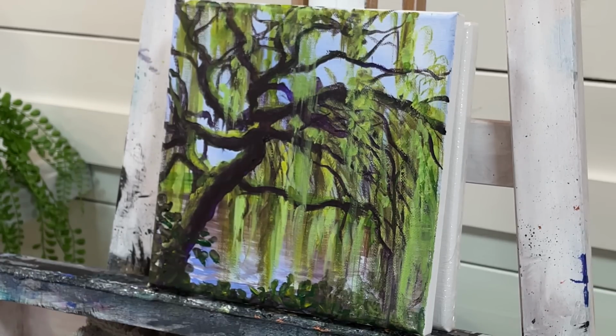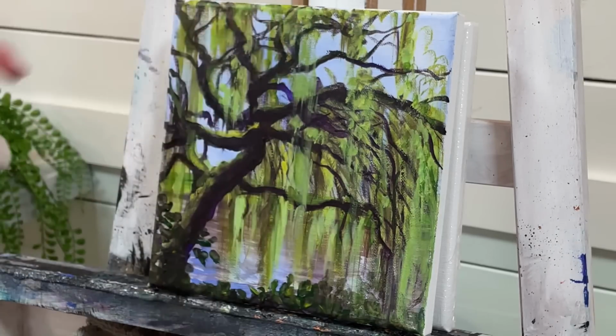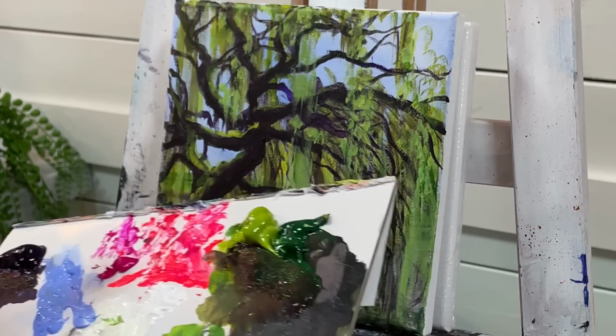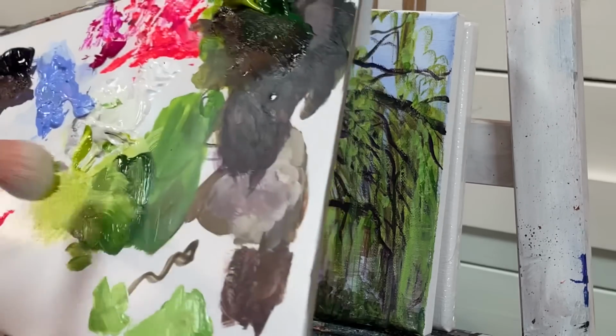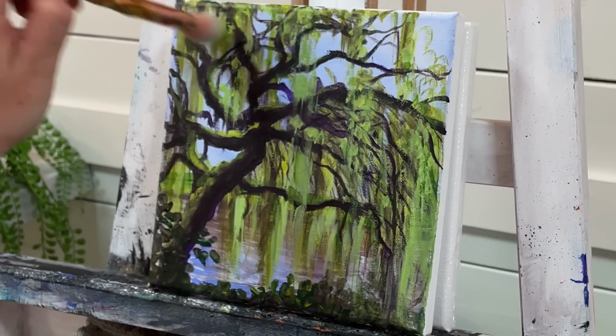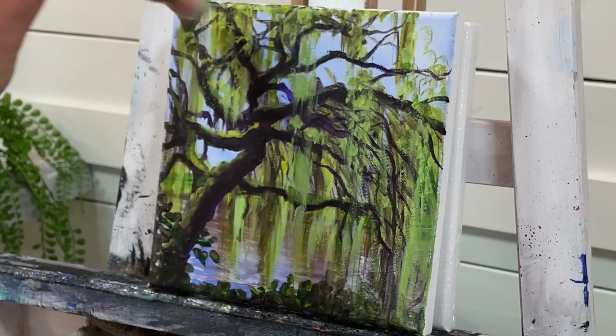Okay, there's another thing I want to do to the top of the tree. Just in this photo, I can see it looks a little bit poofy right here on the top. I'm going to use a mop brush dry. I'm going to go into my olive green and a little bit of white. I don't have a lot of paint on my brush, and I'm just going to do a little tap dance,